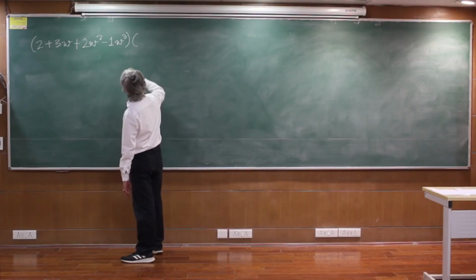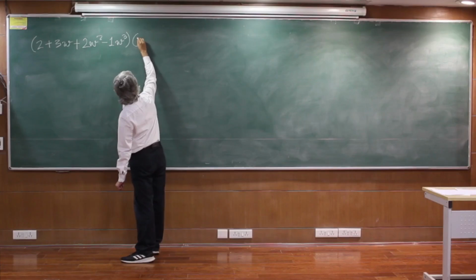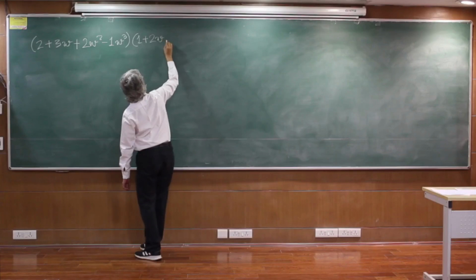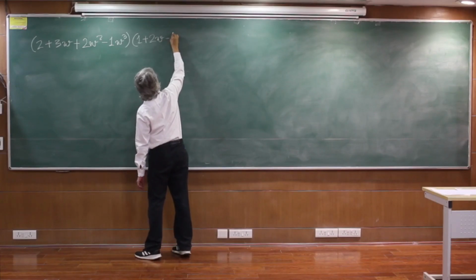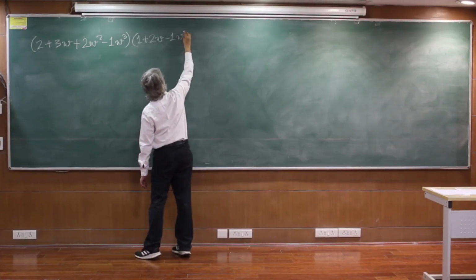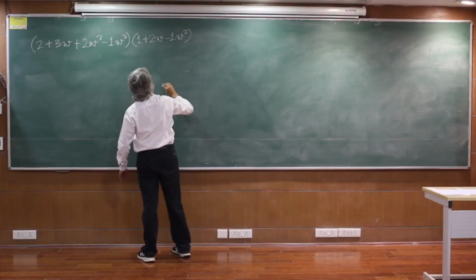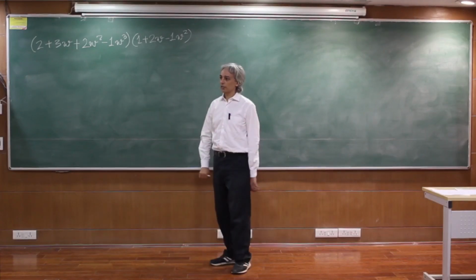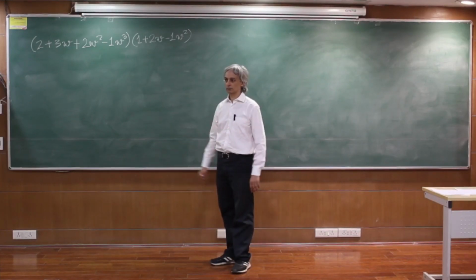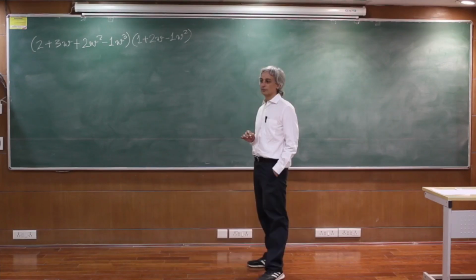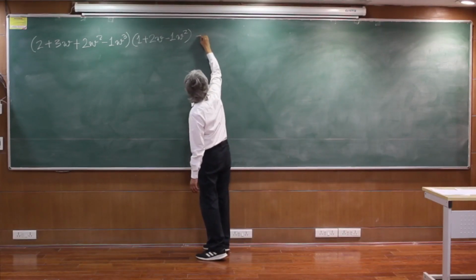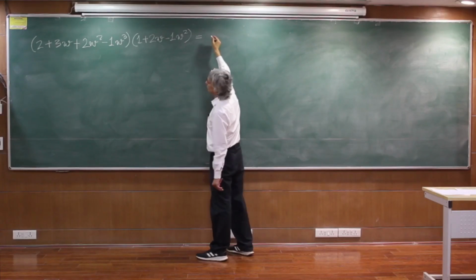And let's say we are multiplying it to another polynomial. Calculate the result. Okay, and let's have the answer. The answer is